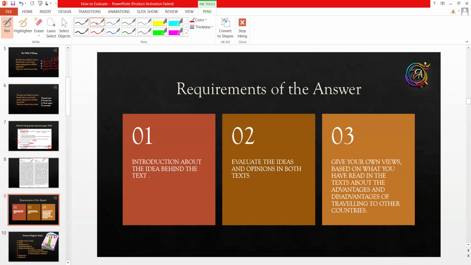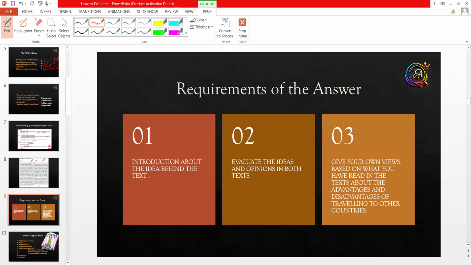So, what are you required to write? What you should write is the idea which is behind the text. That is the implicit idea, which is not written there very clearly. You have to give your own opinion, although your own opinion is required later in the second bullet point, but when you are reading the text, at the same time you must know what you are going to write. You must plan before even starting with your writing.